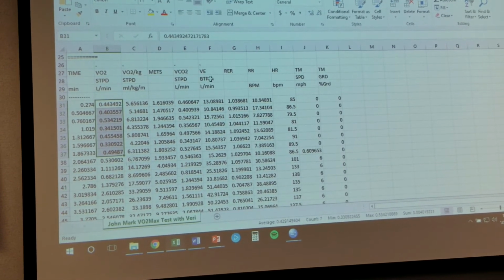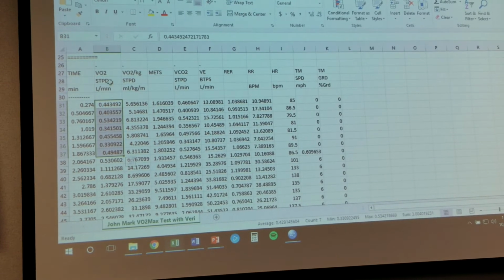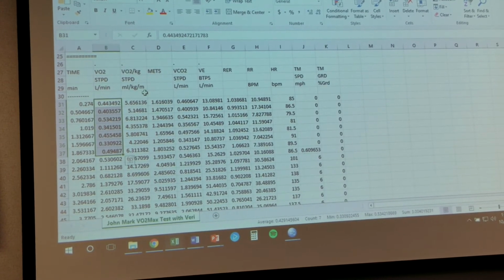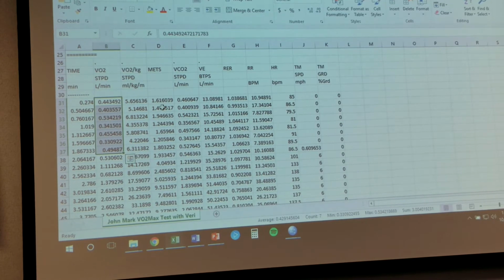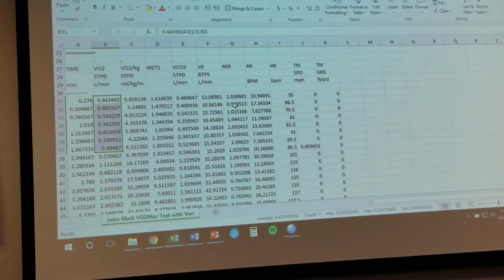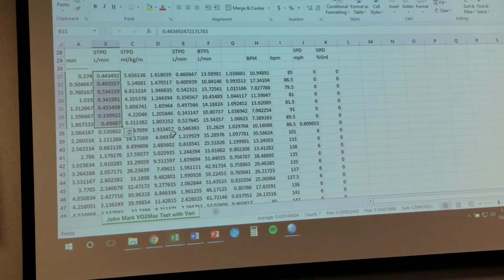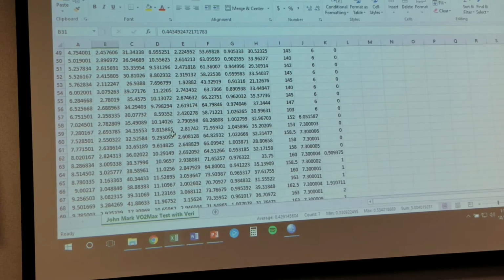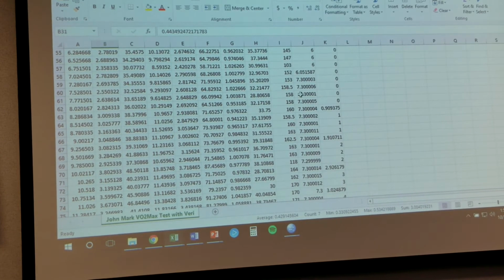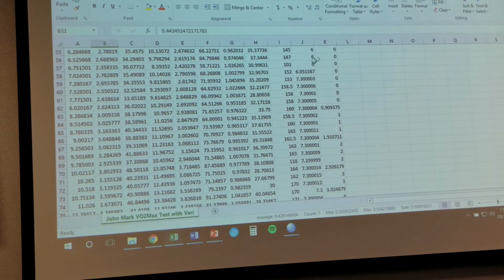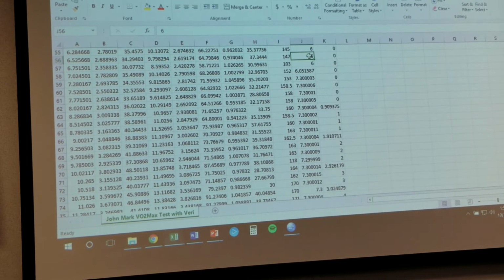Heart rate, ventilation, VCO2, and we have VO2 in liters per minute and mLs per kg. Okay, so you're going to calculate all of your resting values, and then you're going to go down and find where you maxed out. So this was all the warm-up, right? So 6 and 0 for him was all warm-up, and then all of a sudden